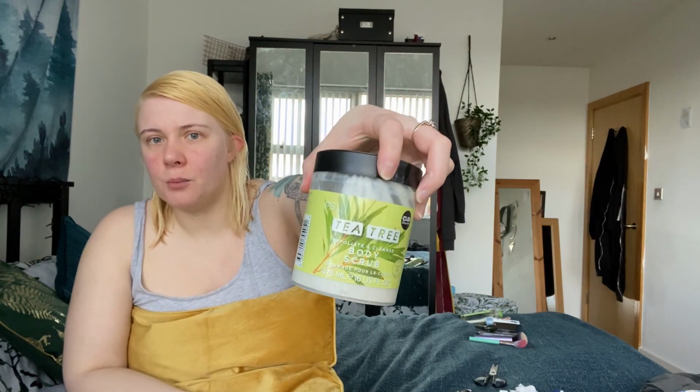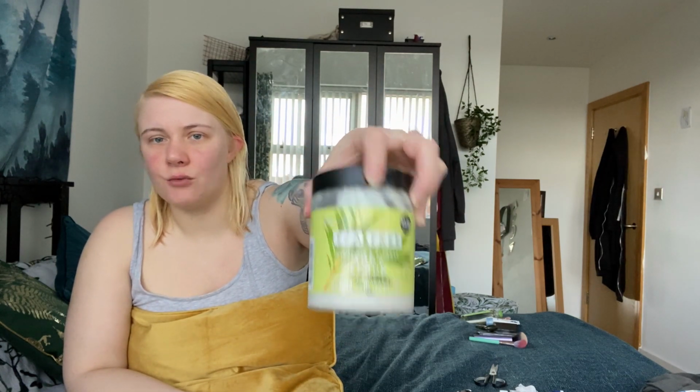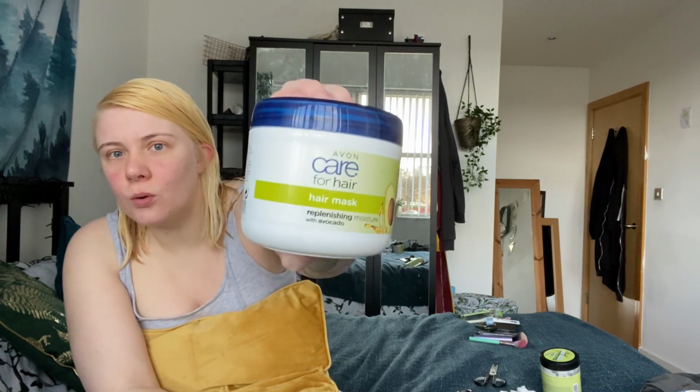While I was in the shower, I also used this, I think it's from Primark, Tea Tree Body Scrub, which I really like because it's nice and refreshing. And something which I hadn't intended to use because I was going to obviously use the conditioner that came with the hair dye. But then when I decided not to, I used this Avon Avocado